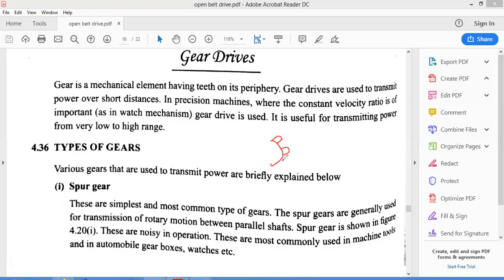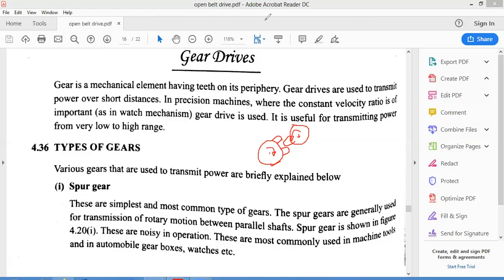This is how the teeth will be on the gear drive with distance. Between the two teeth, there's a gap so that the gear from the other shaft will mesh exactly in this location. If we have a gear over here and a gear on the other end, and this gear rotates like this, then the other gear is going to rotate in the opposite direction, because the teeth hold each other with a firm grip.